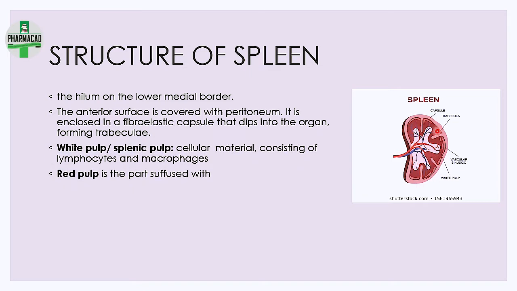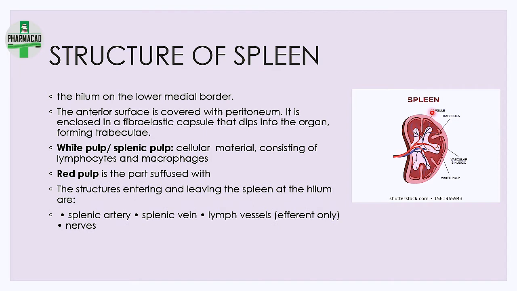This forms trabeculae. ये जो dipping है ना, ये trabeculae and it is going to divide the spleen into certain compartments. Then the main two aspects और जो division है, एक है white pulp जो white में है और दूसरा है red pulp जो red में है. White pulp, as the name suggests, is going to have WBCs. So we have lymphocytes, we have macrophages, and we have other cellular material. Red pulp, as the name suggests, is going to have RBCs. It is the part which is stuffed with blood and there are sinusoids. यहाँ पे जो हमारा extra blood storage जो हम बोल रहे थे कि spleen is going to store a good amount of blood, that is done here.